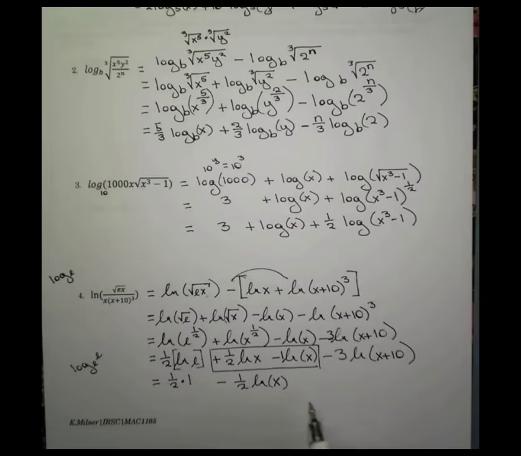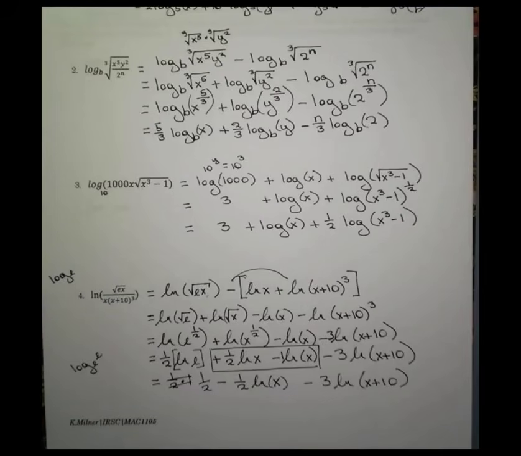Parentheses if you like. And then nothing really to do over here. So I'm going to just say it's a minus 3 times the natural log of x plus 10. And of course, this would just be 1/2, right? I can just, rather than rewrite it again, let me just say there. It's 1/2 minus 1/2 times the natural log of x minus 3 times the natural log of x plus 10